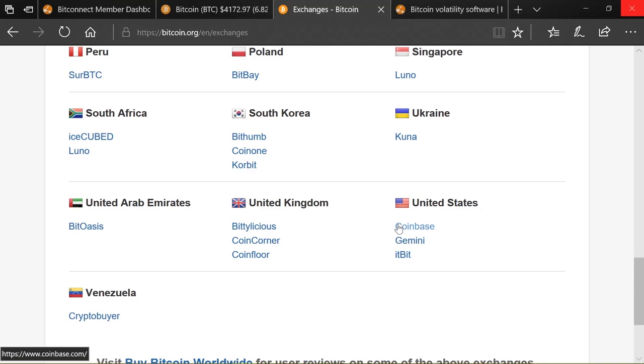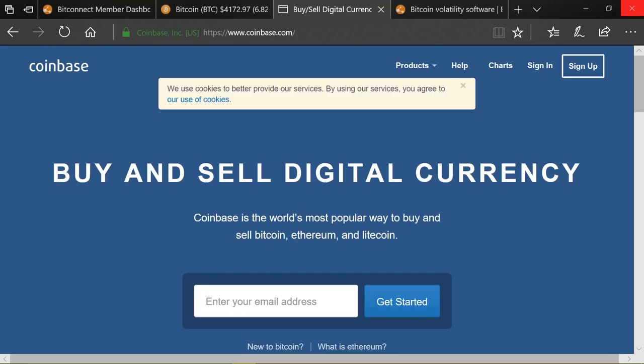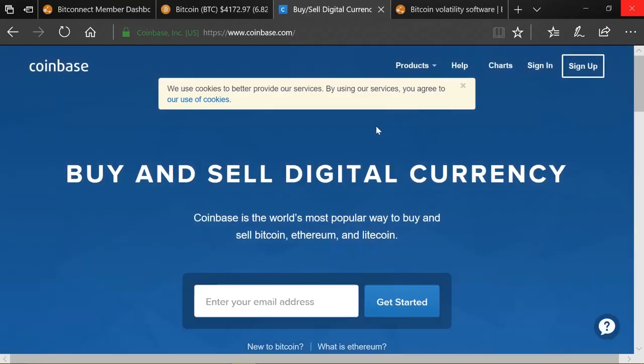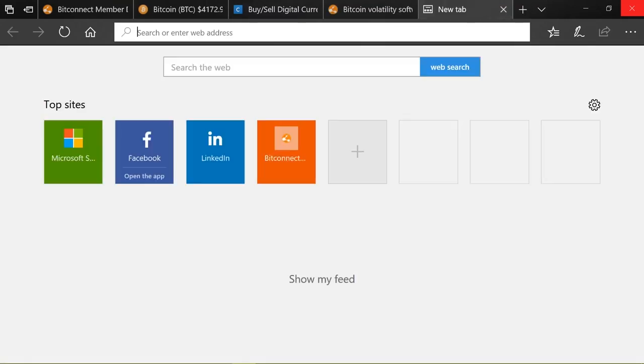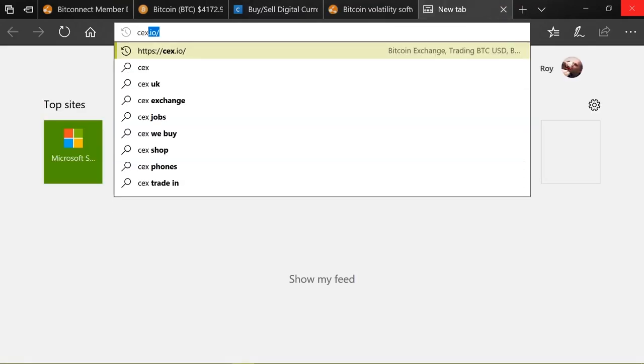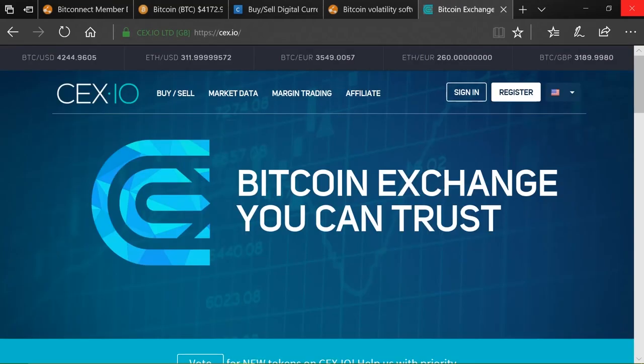Just an aside, some of these exchanges have higher rates than others. Many of you in the crypto area may have heard of Coinbase, for instance. If you are in North America, this may be the one for you. But if you are going to use Coinbase, I would actually suggest cex.io. This is the same company, but it's their international trading platform, and the fees are much lower when you're moving money in or out. I've used it many times, for years. It's a very good system. So that's just a little hack.